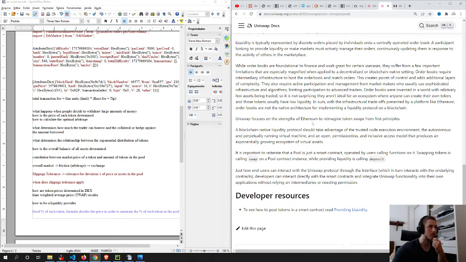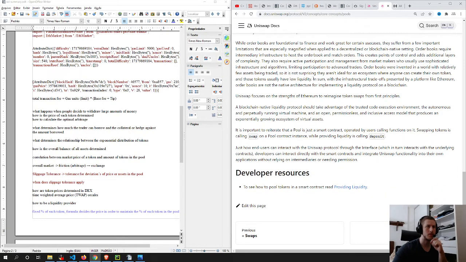While order books are foundational to finance and work great for certain use cases, they suffer from a few important limitations that are especially magnified when applied to a decentralized or blockchain native setting. Order books require intermediary infrastructure to host the order book and match orders. This creates points of control and adds additional layers of complexity. They also require active participation and management of market makers who usually use sophisticated infrastructure and algorithms, limiting participation to advanced traders. Order books were invented